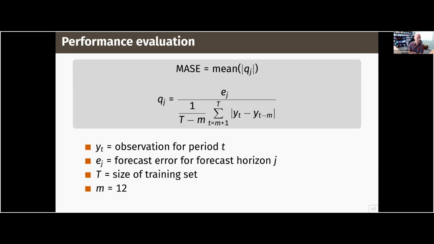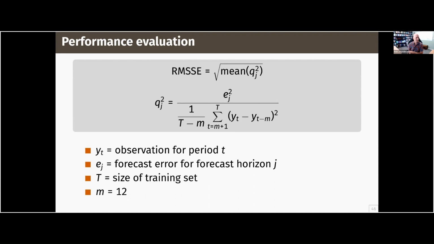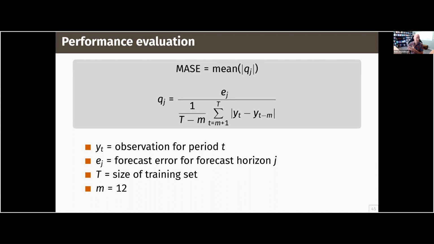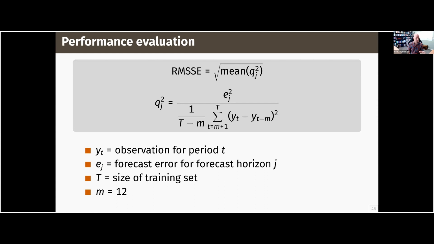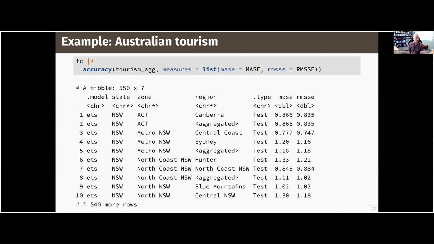Now I'm going to check how things went by calculating the mean absolute scale errors on a test set. So that's a 2-year test set, and the root mean squared scale errors. And then I'm going to compute that for all of the different series. So with the accuracy command, I can do that very quickly to get all of these for all the different models in every region. That's a little too much information. I'll need to